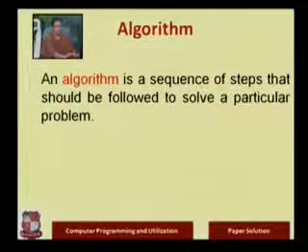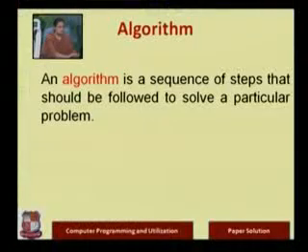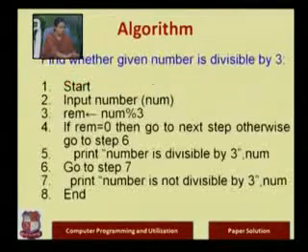So the sequence is important, how you are giving it, that is important. So please see that you write this like this. You can write this like this: an algorithm is a sequence of steps that should be followed to solve a particular problem. If any of the steps you are writing is not in a proper way, then your algorithm will result in a wrong answer which you are not expecting, right? So sequential steps for a particular solution, this is the important word in your answer.